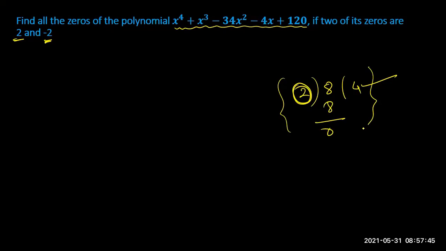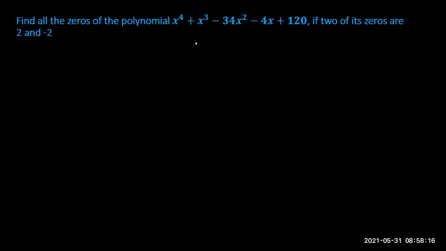Suppose you know a factor of one number, then you divide it. When you do the division, will you get another factor? Yes. When you divide a number by its factor, suppose 27 is a number. Now we know that 3 is a factor of 27. So I'll divide 27 by 3, then 3 9s are 27. Now I got another factor. Similarly, now you divide this polynomial by one factor, then you'll get another factor, correct?